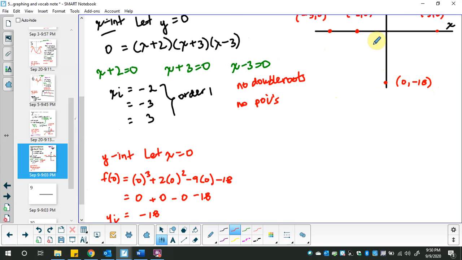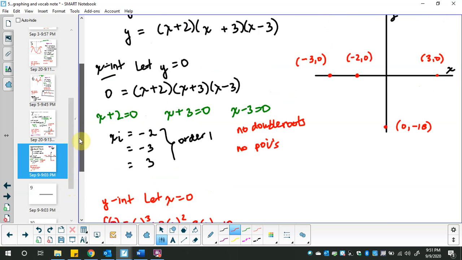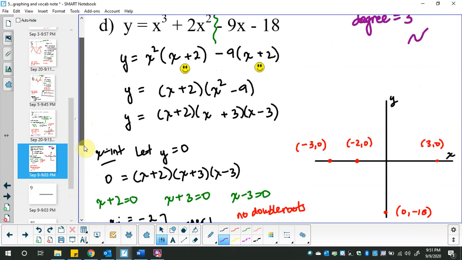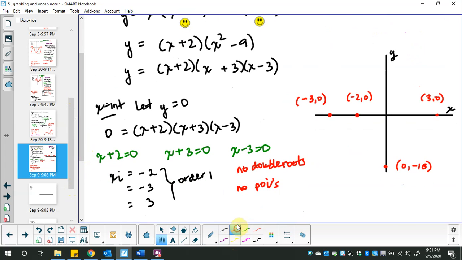So, no bouncing, no squiggling through the x-axis. If I double check, this is a positive degree 3. That means I should kind of remember that it looks like that. So let's see if I can make it work for these points. Remember that if you choose to go up through this